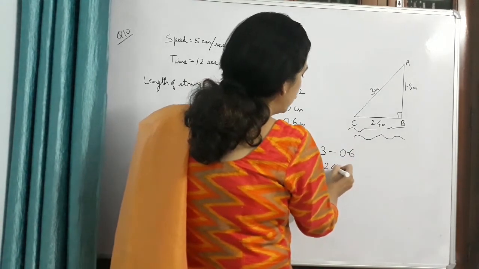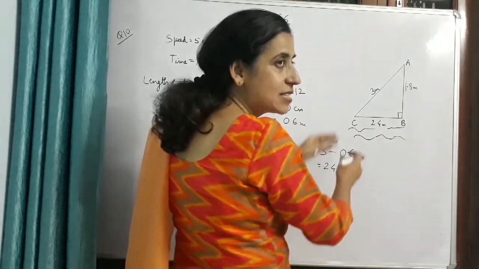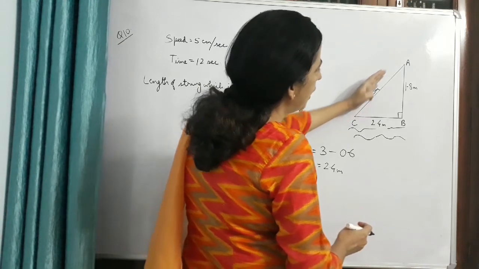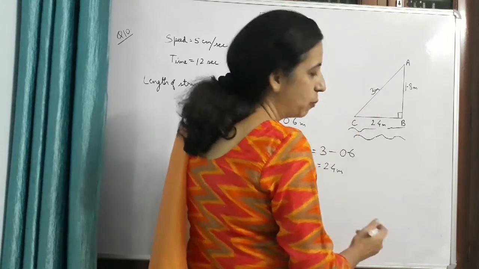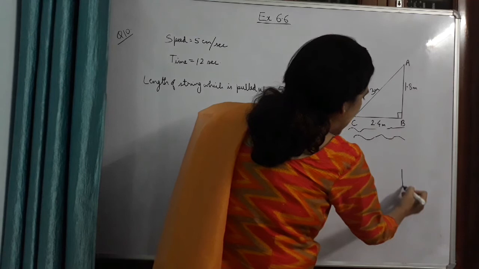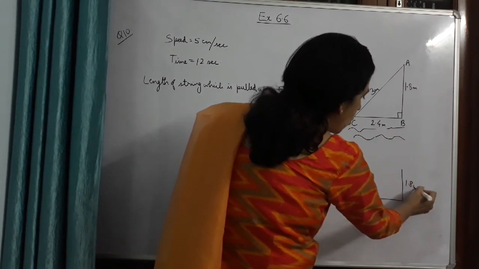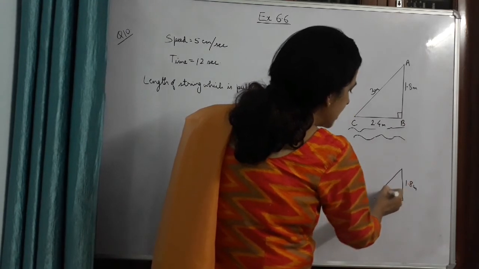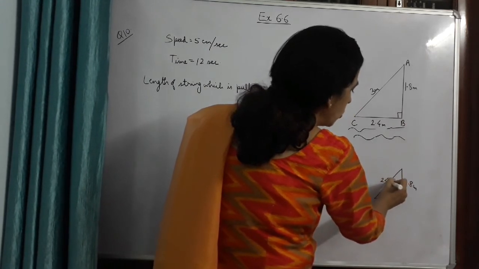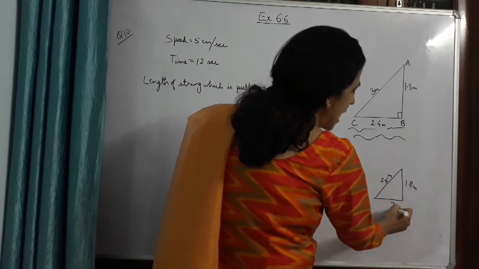So 2.4 meters of the string is left out over here. She has pulled up this. So only 2.4 meters is left. So now the next figure for this part would be like this. This is 1.8 meters and this length of the string which is out is 2.4 meters,